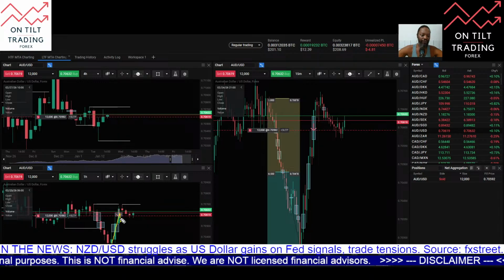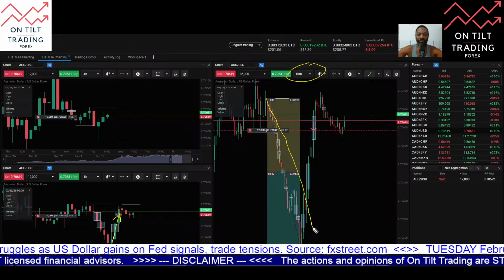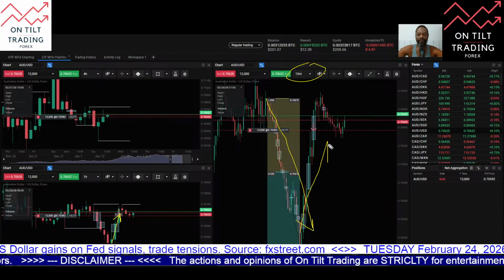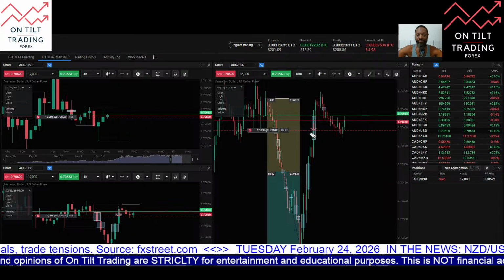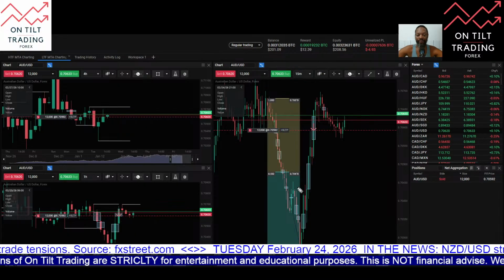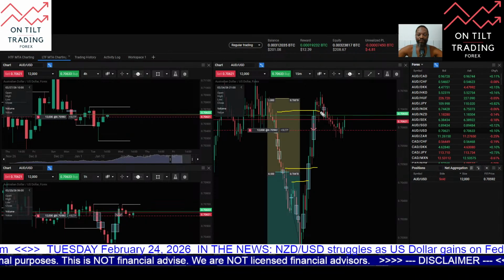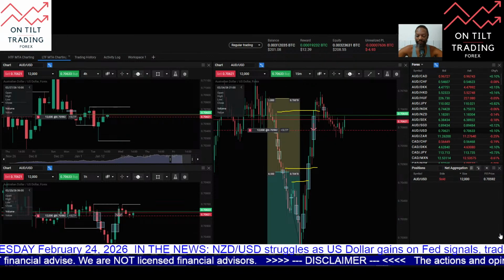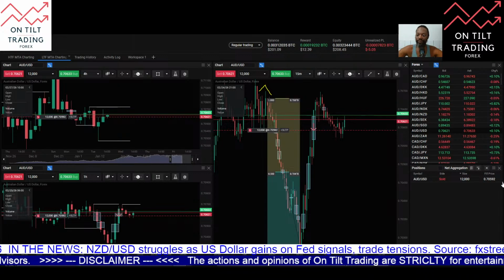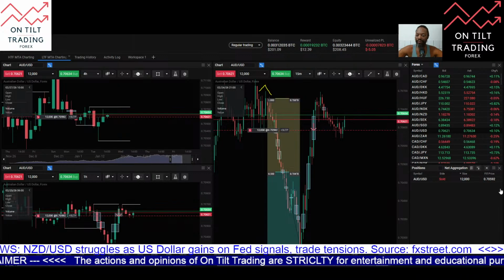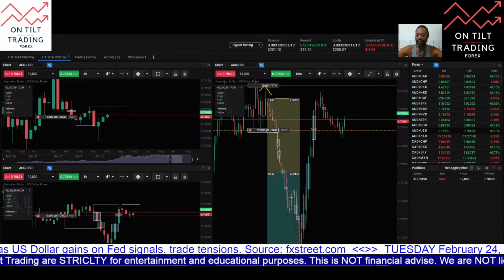Then you get this pullback here, which is where I take the entry. Then you can see here on the 15-minute, you have the same price action to the sell side, then the pullback here to the buy side. On the pullback, you can see there's structurally a few shifts internally as price delivers back to the buy side. But price respects this swing high, which is where my stop loss is located. So you can see my stop loss up here,